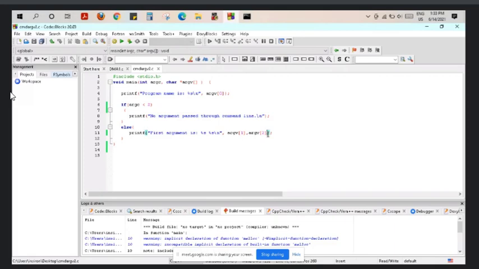let us first change this program to its original form.